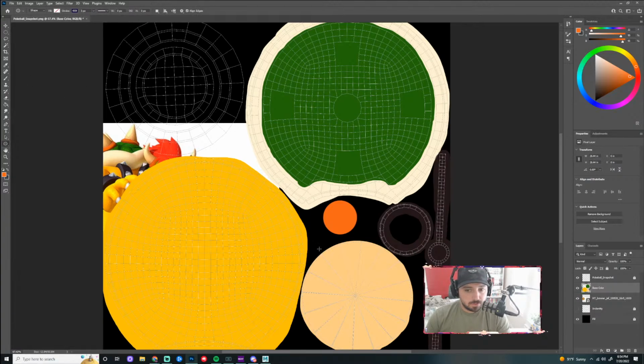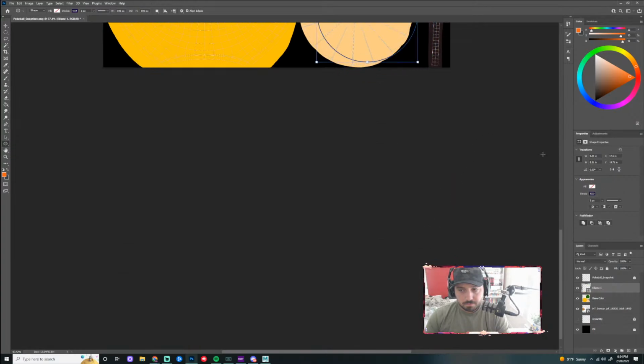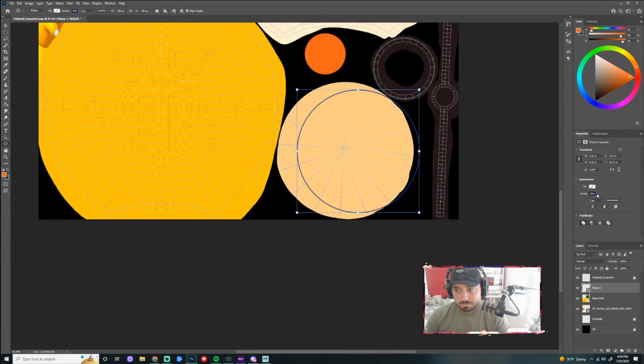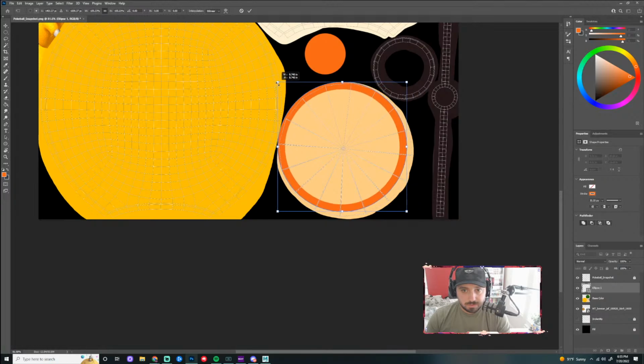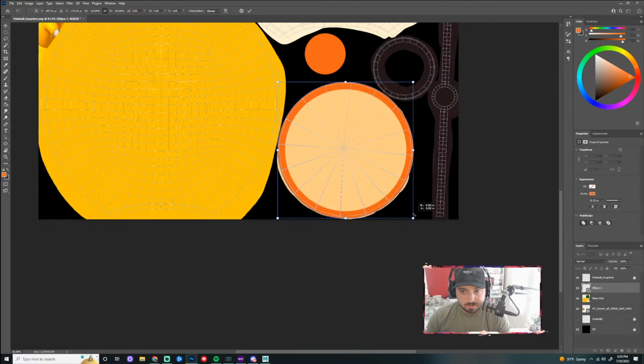Let's try that ellipse again here. And then I'm going to move this ellipse here, and it's going to go just around the base of each one of these spikes.